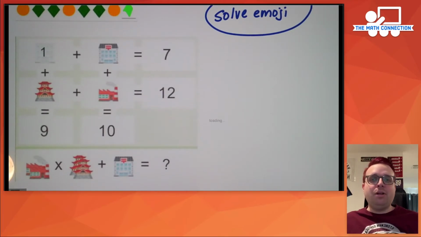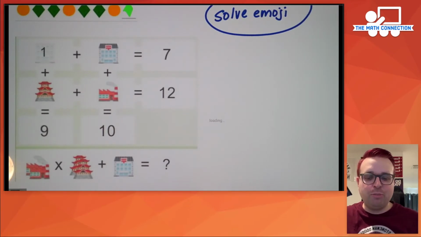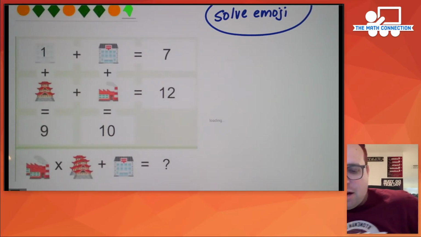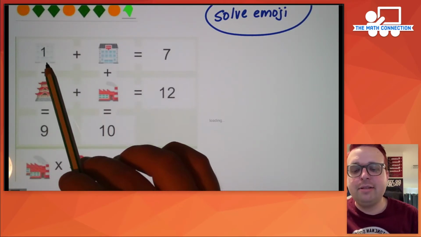You probably see them on your social media all the time, because my friends love to post these things and try to trick people. But so it looks like some of this is solved already. So they told us